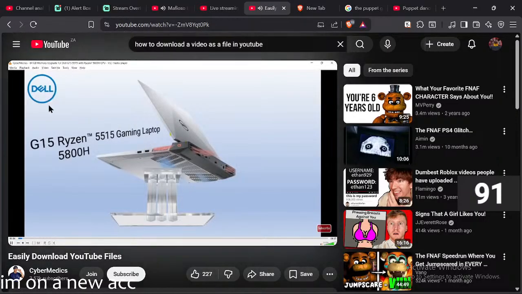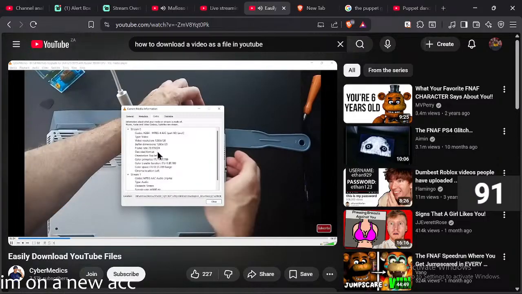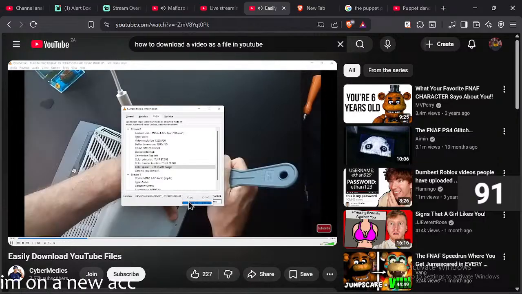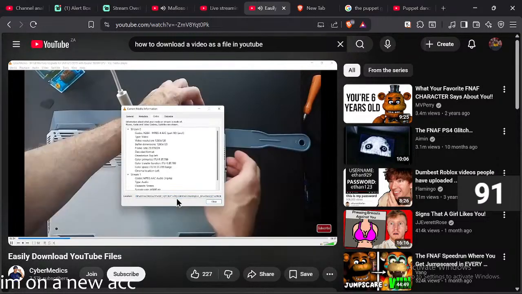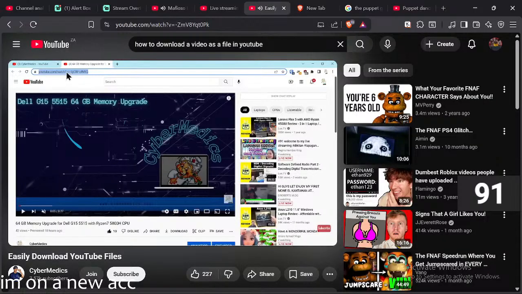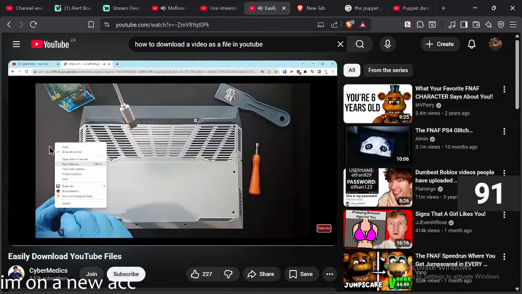It will begin to play, and then you'll go over here to Tools in VLC, and you'll come down to the codec information. Once you're on the codec information, you're going to come down to the bottom and you're going to highlight that. So select all and then copy it. And then come down to where you were playing the video originally, and you're going to paste that, and it'll start to play again. Now you can click anywhere on the screen and you can say